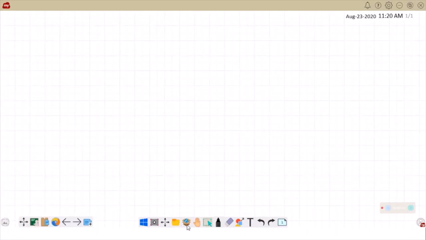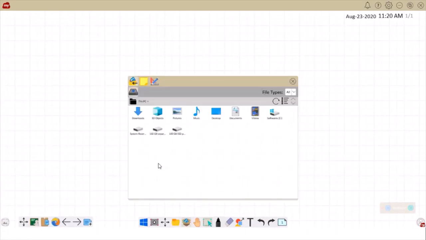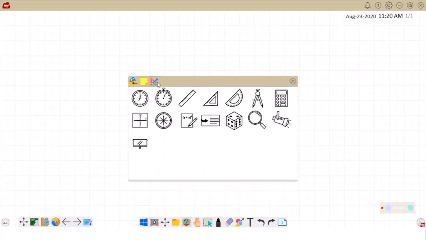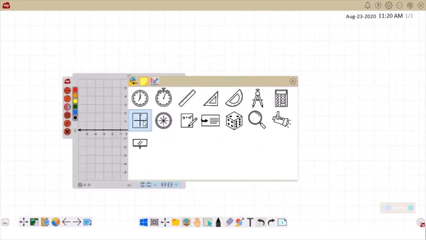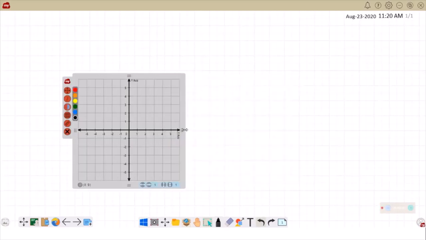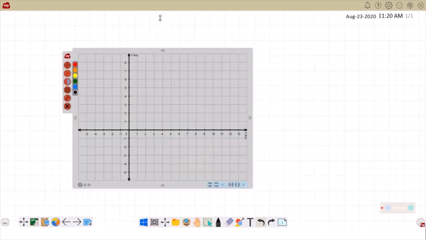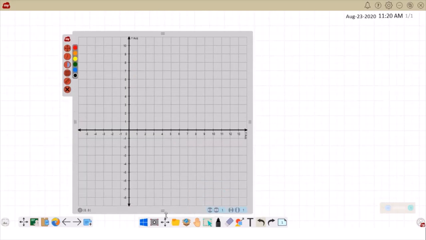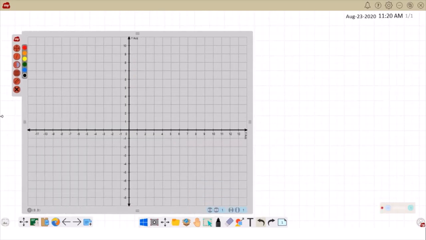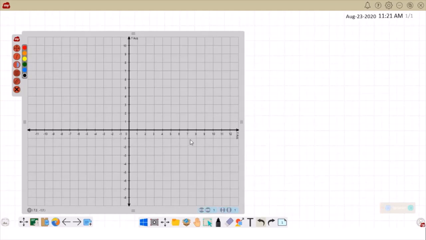Let me try, and I may get a graph paper here. The graph paper is available here, and I got a graph paper because this graph paper can be made big, the scale can be changed, a lot of facilities are there. So this is the graph paper, quite big. I have a scale on that from 1 to 13, 1 to 10, more than enough, -1 to -11. All this we should check, whether the graph paper is properly scaled. The scale can be changed, and in your case you will be putting it accordingly. Here it is 1, 2, 3, so 1 centimeter is equal to 1 unit over here.